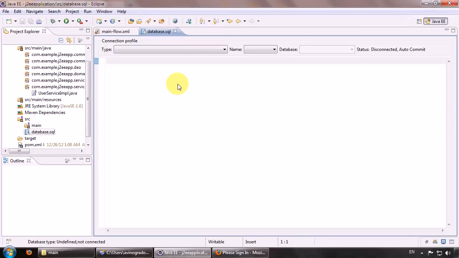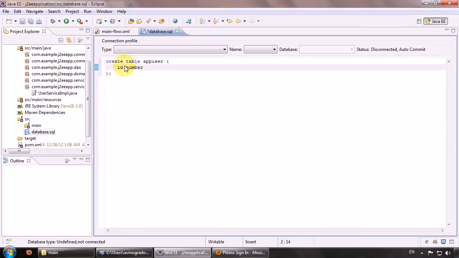So here we will just create some standard basic SQL query statement. So, create table application user with columns: ID, which will be number,